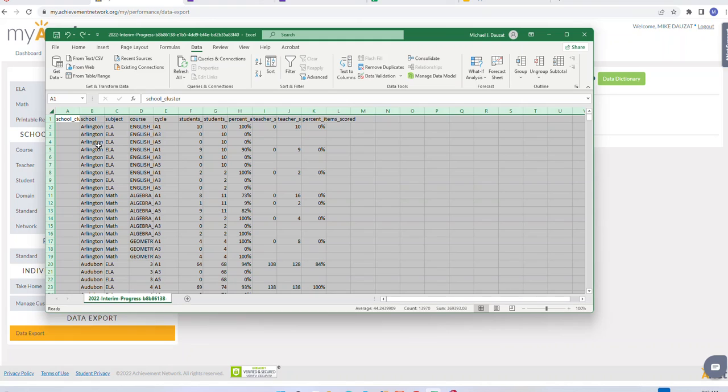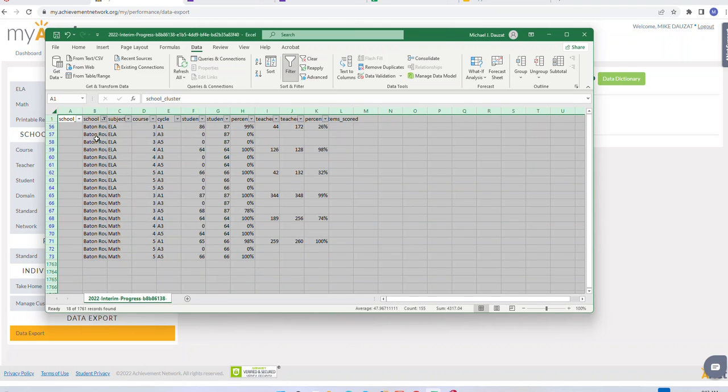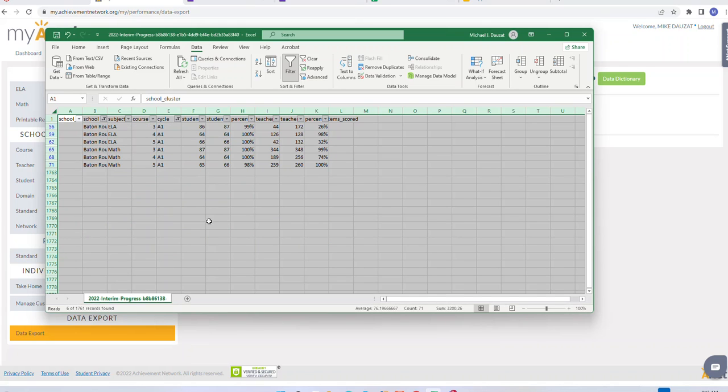So when you get your school, whatever school you're at is going to be listed. Angela wanted to filter to remove the A3s and A5s because she only had A1s, so I told her to do that. See how all this is highlighted? You're going to go to data, you're going to go to filter, and then you get these drop downs. I'm going to remove all the other schools, which you don't do because you're only going to see your school, and then I'm only left with Baton Rouge Flame, and that's what she would see. But she wants to remove all these cycles that are not needed. So you click on that drop down, remove A5, remove A3,